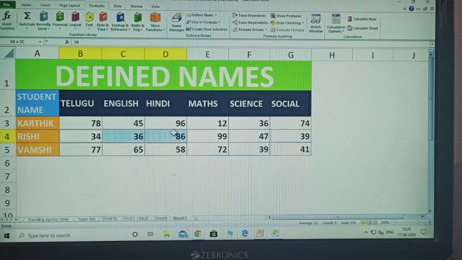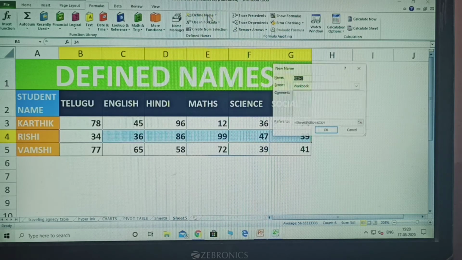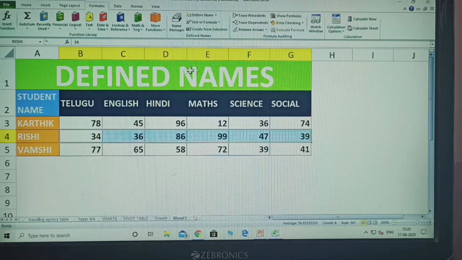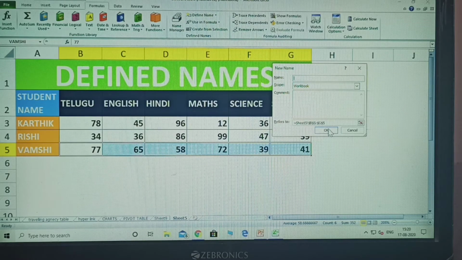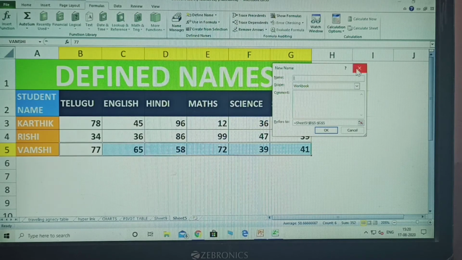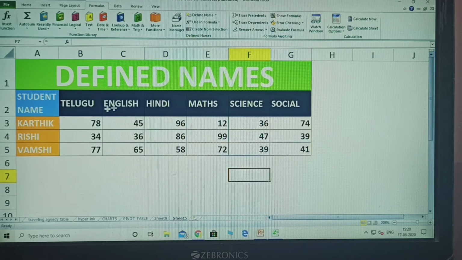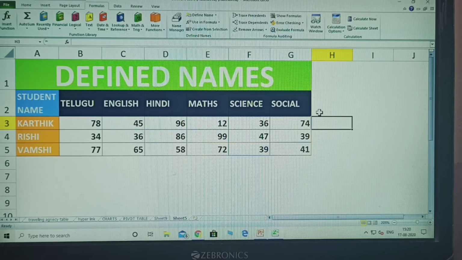The same process is done for the remaining 2 members. Select the Rishi marks, click define, click OK. Select the Vamsi marks, define name, click OK. Now, how to calculate? See here, it is very easy to calculate.